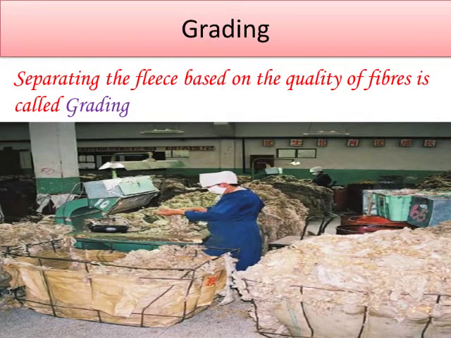Next, the washed hairy skin is sent to a factory where hair of different textures is separated or sorted. The small fluffy fibers called burrs are picked out from the hair. So separating the fleece based on the quality of fibers is called grading. The wool from the shoulders and sides of the sheep is of best quality and is generally used to make clothing. Then the wool from the hind legs of the sheep is used to make carpets and rugs.